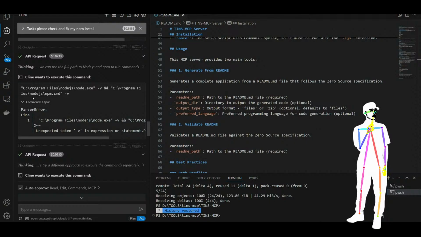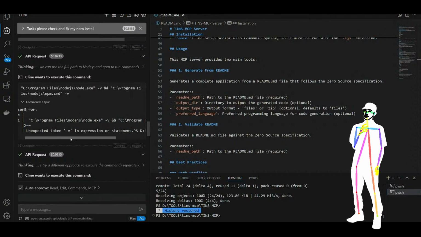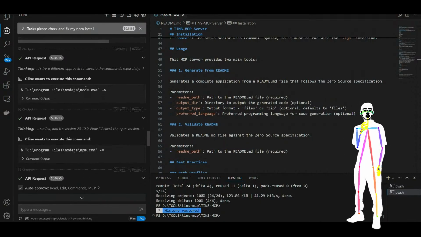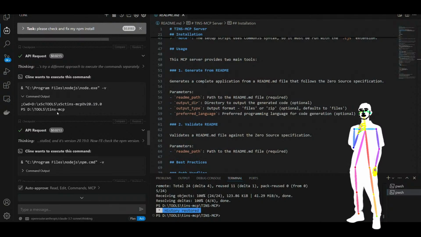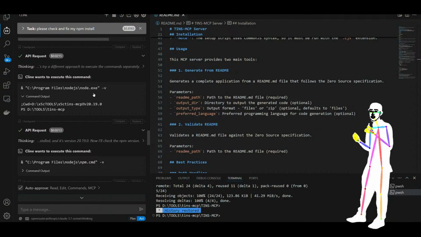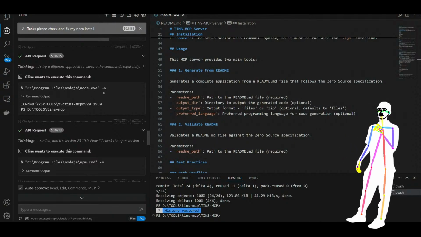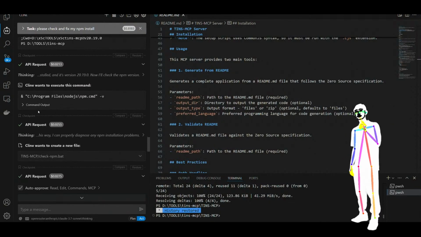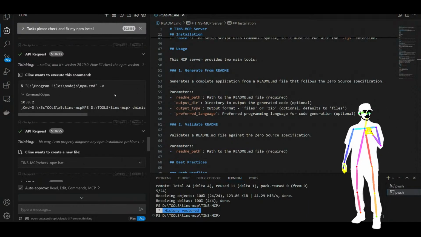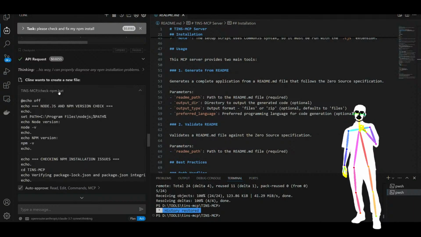It tried to do a Node.js command, and the command failed because he put a bloody and in it. Good job, mate. And then what did he do next? He got a version back for Node.js. And so then he said, okay, what's npm at? It was at 10.8. And then he wrote a batch file